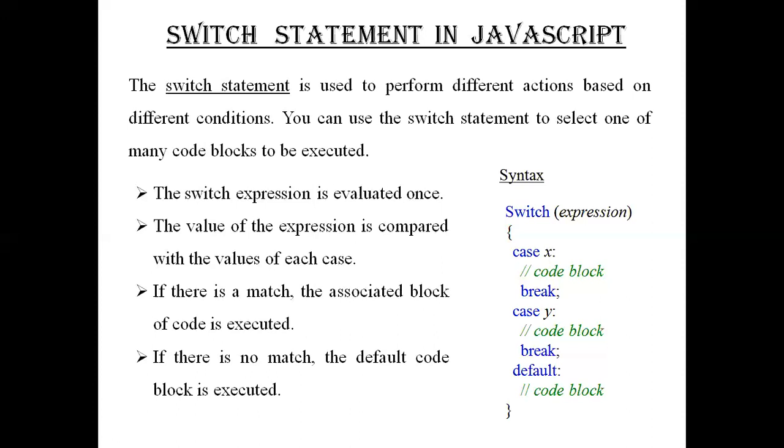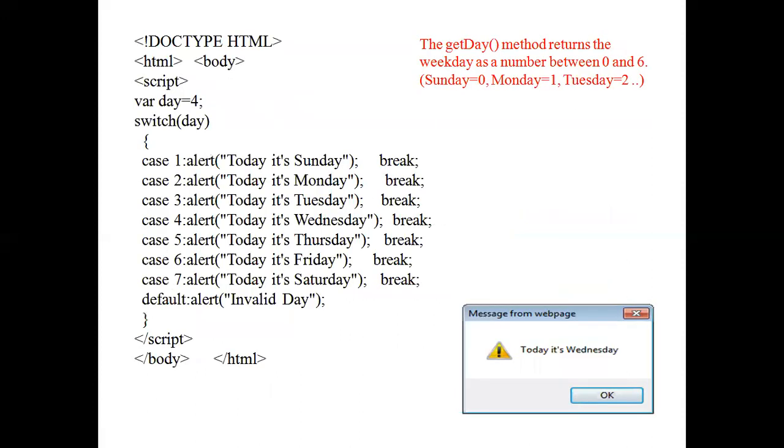So if there's no break, then the control comes out. This default is like else, just for the user to display a message for incorrect or the wrong output. If all these are not executed, the control will come to the default, and in default you can give a statement, a message for incorrect or the wrong output. So let's see an example program on the switch case next.